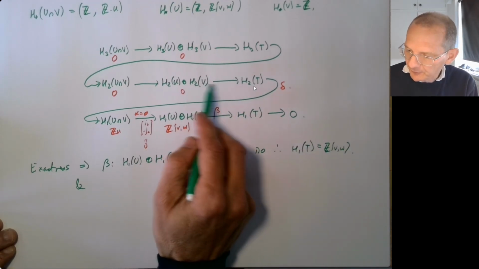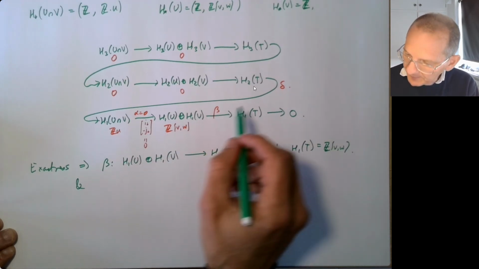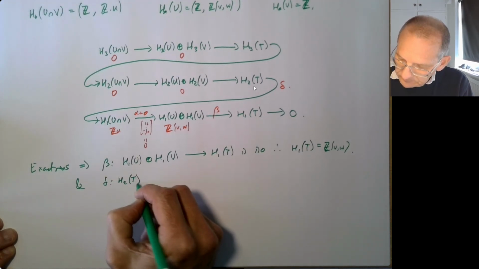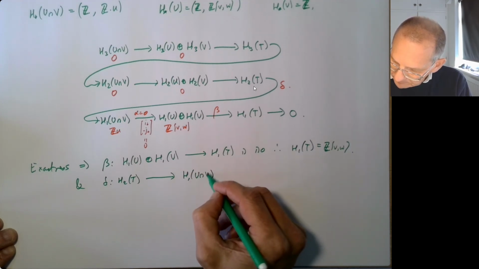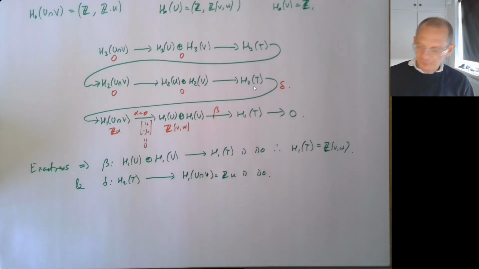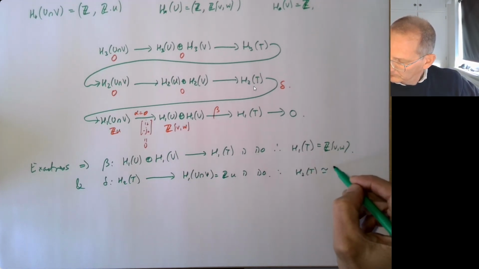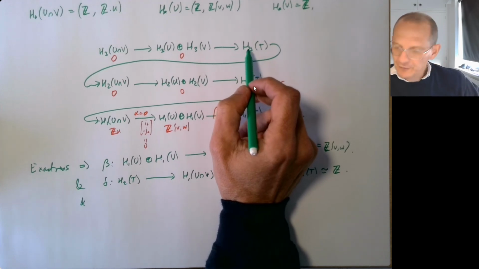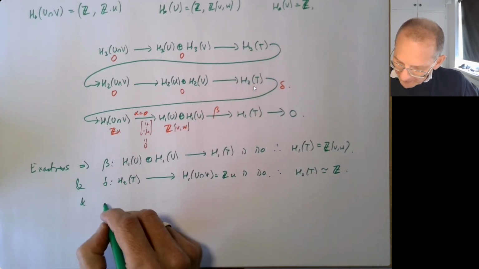Okay, so you've got a 0 coming in on the left, and then a 0 after the delta on the right. So again, that forces delta to be an isomorphism. So that's got to be an isomorphism. So in particular, we see that H2T is isomorphic to Z. And then up here, for the H3, you've got an H3 with zeros on either side, and again, exactness therefore forces H3T